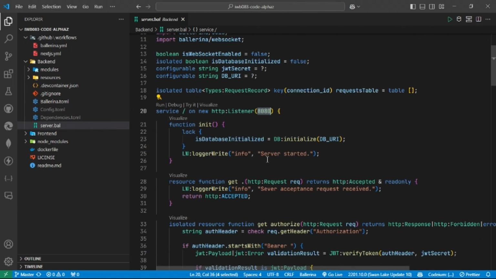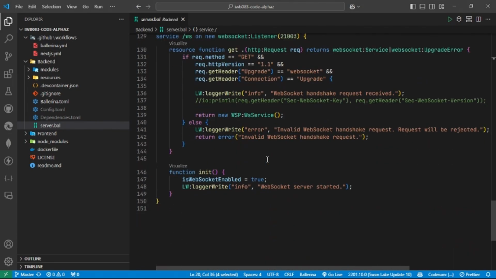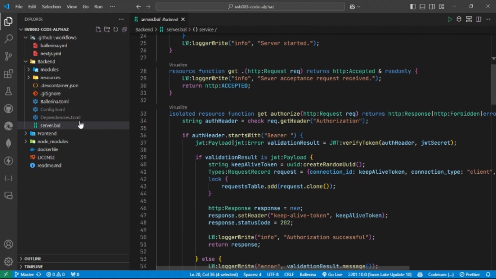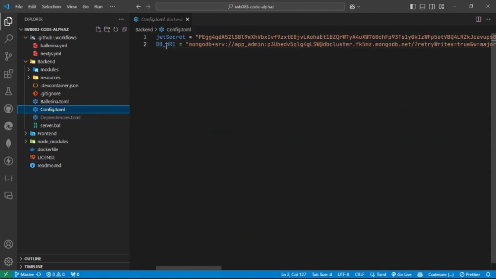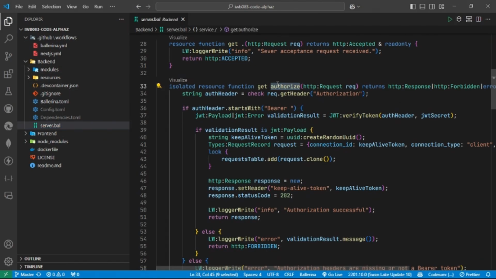To continue messaging. First of all, I want to say that to authorize with the server, we are using JSON Web Tokens. In my config toml file, I have included the JSON Web Token secret, and also we are using MongoDB. For that, here I have saved the MongoDB URI as well. Back to our story. First of all, you can see there is a service endpoint authorize. Here we have used